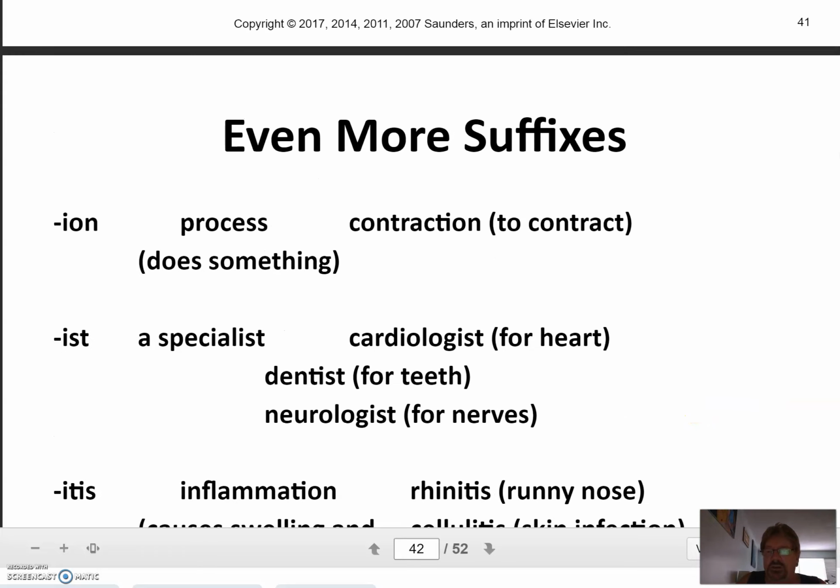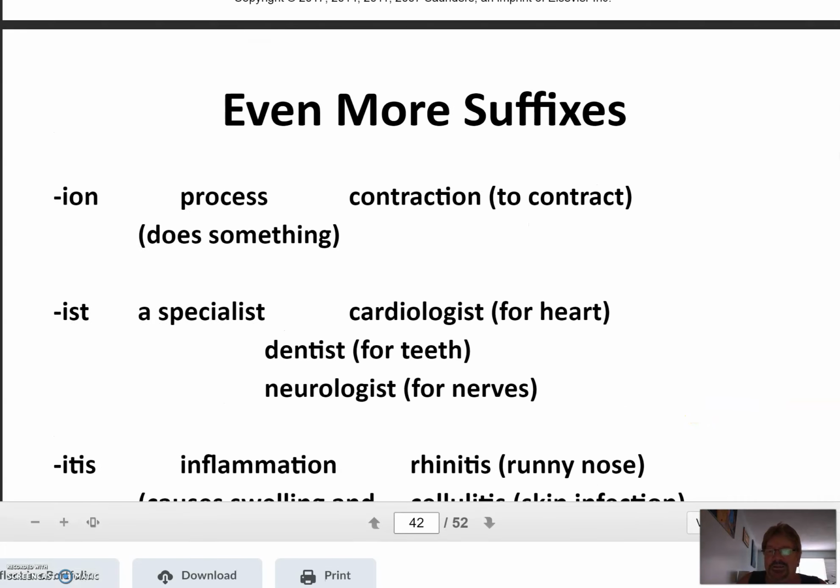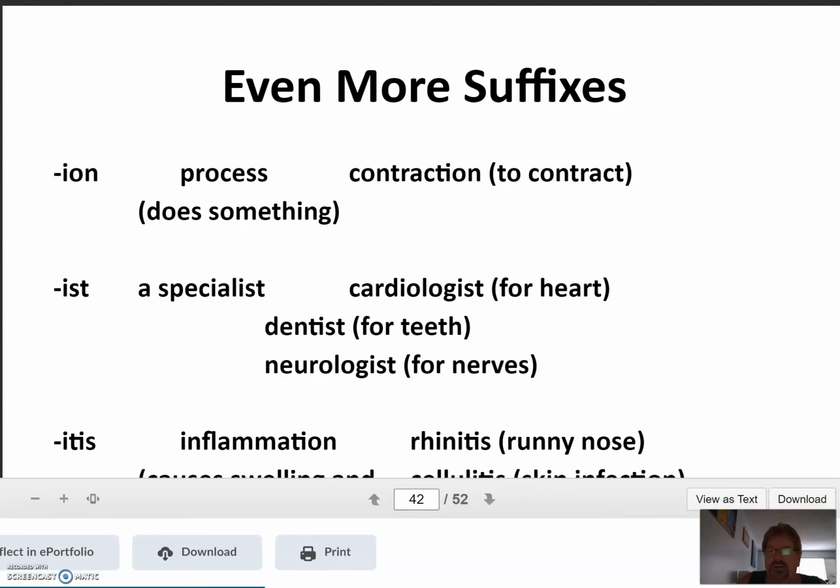Now, guys, let me comfort you here. Each chapter in medical terminology, you're not going to have to learn more and more and more of these. I mean, there'll be some, but the first couple of chapters, you learn all the basic prefixes and all the basic suffixes. So you don't keep having that many every time. Eventually you'll have had them all. So don't worry about that. You'll do it. But on the other hand, make sure you learn the ones we're talking about today.